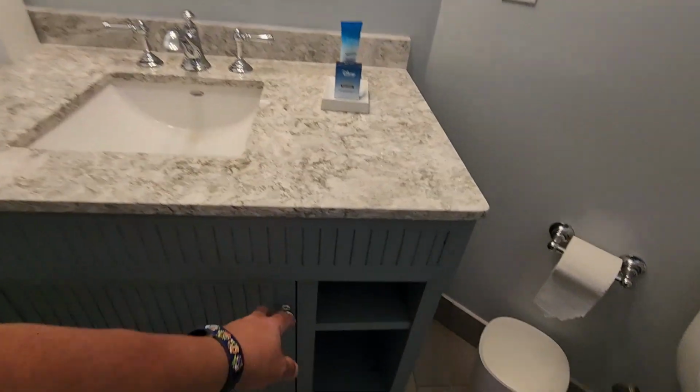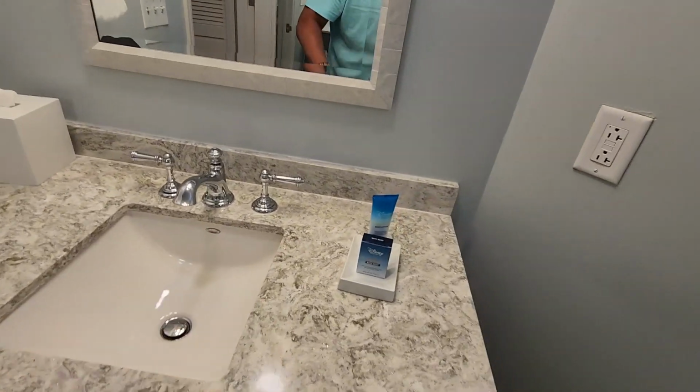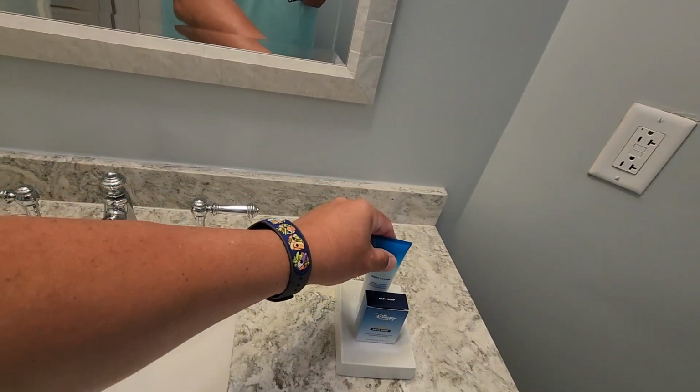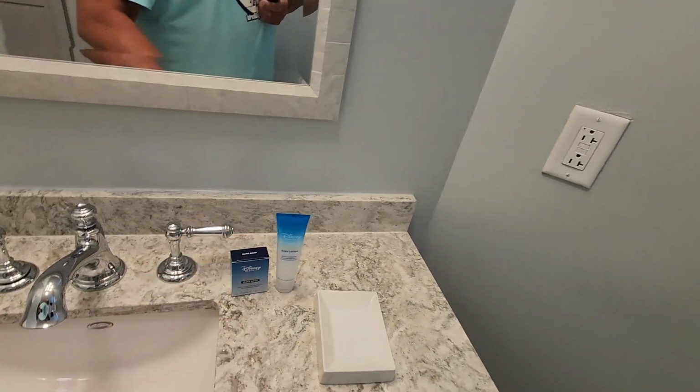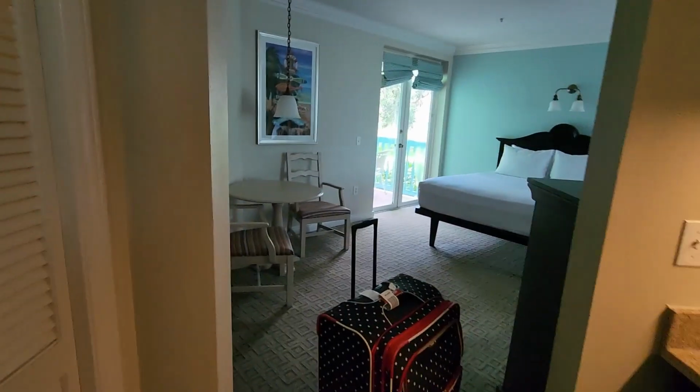So here you have a lot of storage. Got your hair dryer. A lot of room here, which we need. And this will be going home with me. Got there. And your shower. I like the little porthole in here. There's no little light. Big tub. And of course you have your H2O body products. Some more soap down here. And your towels. So that's pretty much it for the deluxe studio